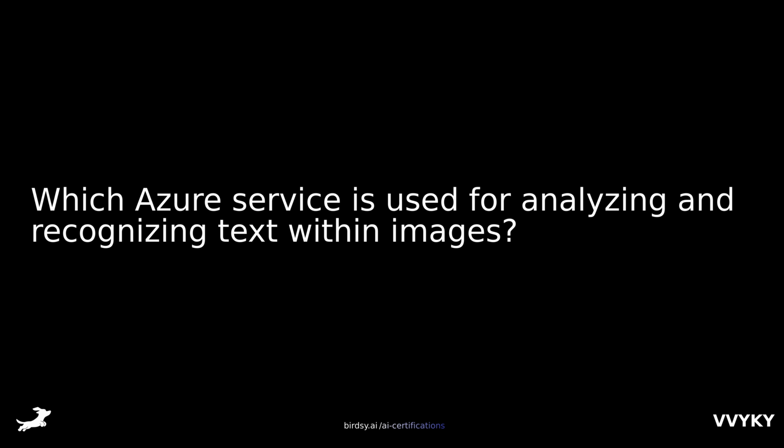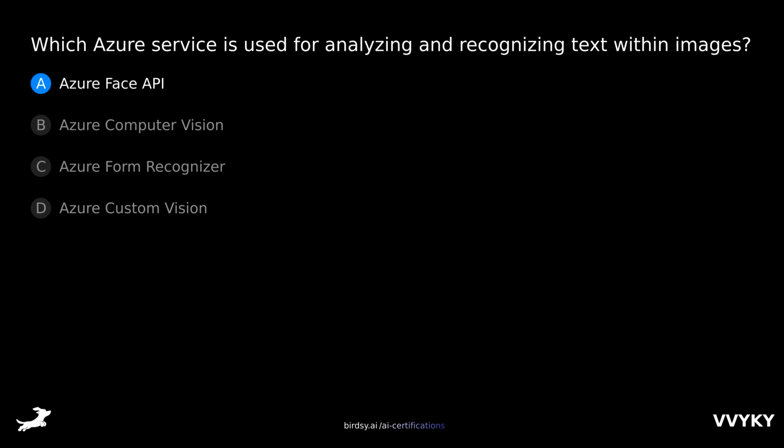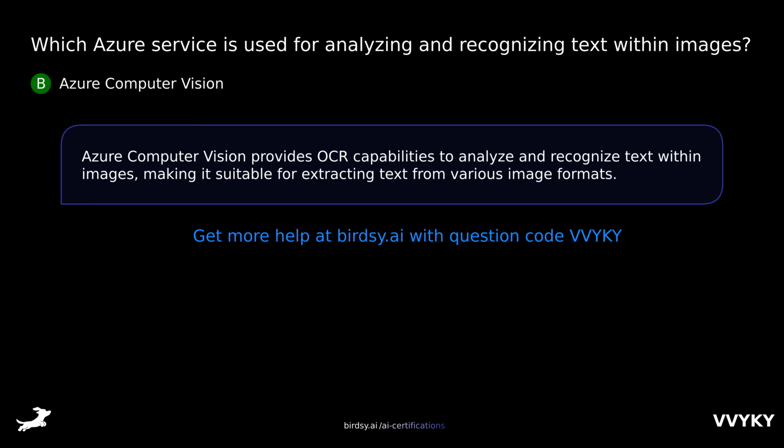Which Azure service is used for analyzing and recognizing text within images? Is it A, Azure Face API, B, Azure Computer Vision, C, Azure Form Recognizer, or D, Azure Custom Vision? The answer is B, Azure Computer Vision. Azure Computer Vision provides OCR capabilities to analyze and recognize text within images, making it suitable for extracting text from